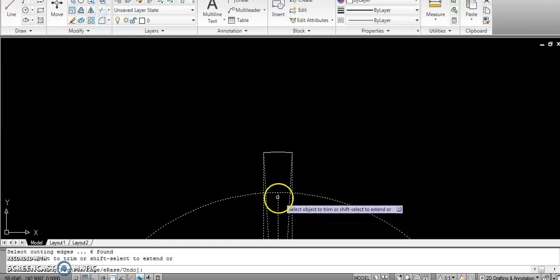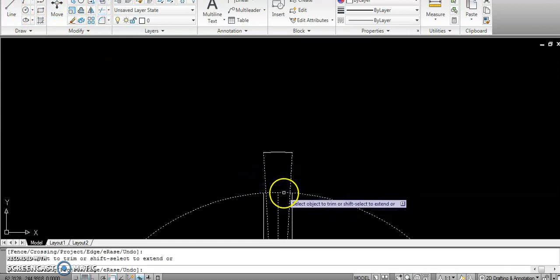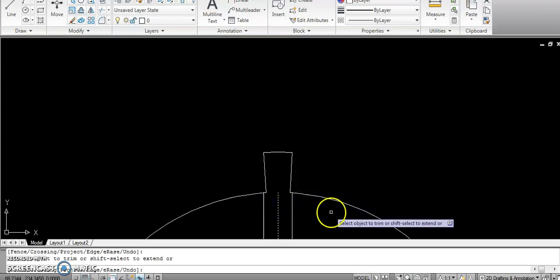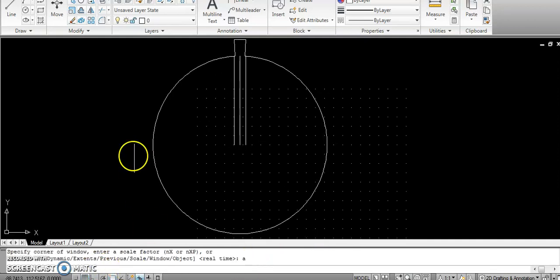The openings and all you need to draw. This is randomly I am showing you. This is one slot. This is one slot.